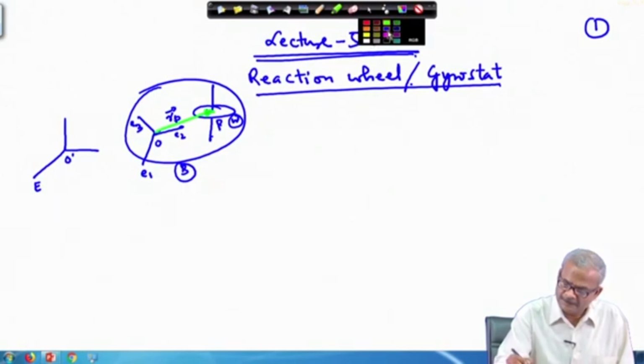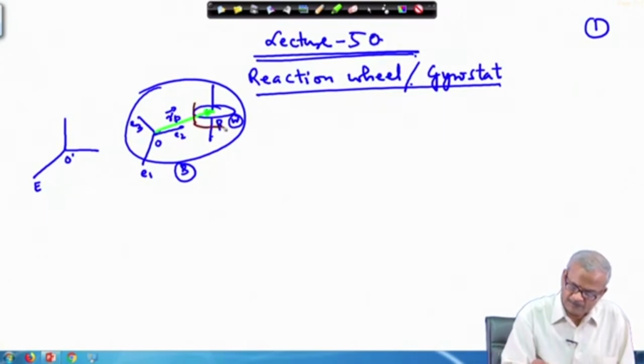So, this is not just a thin plate. So, we need to draw it appropriately. So, your wheel is thick. Okay. So, from this point to any other point,